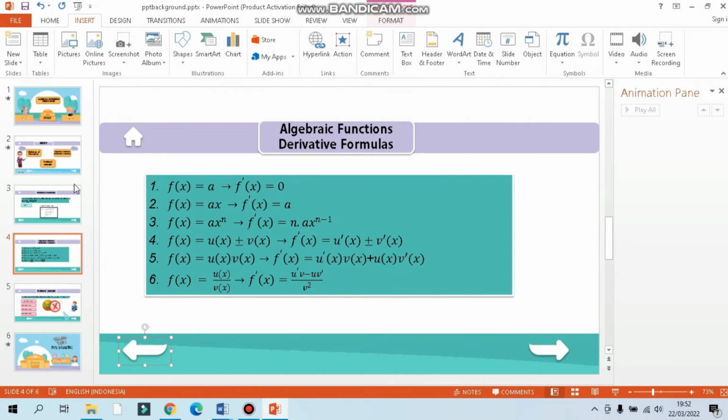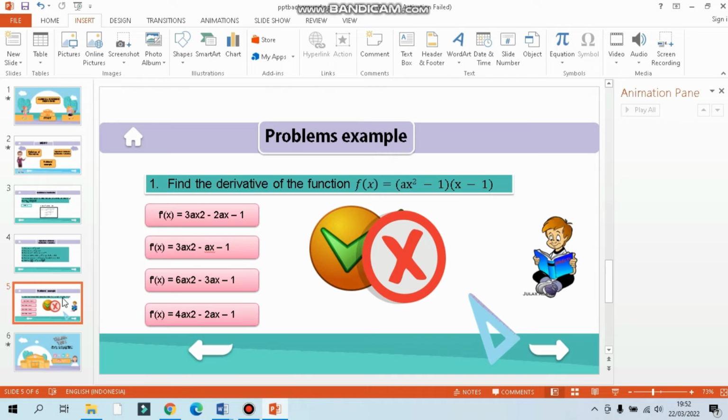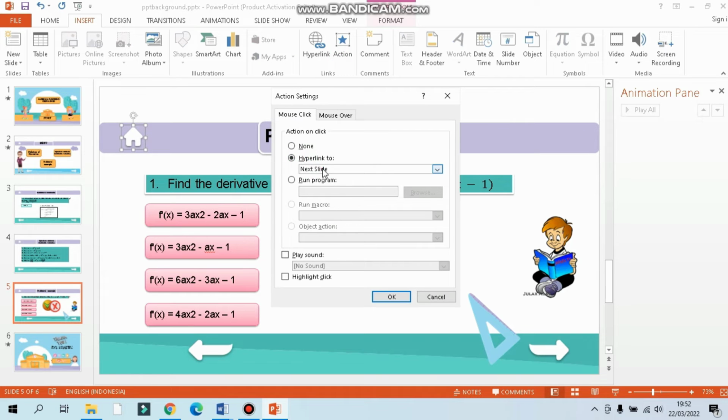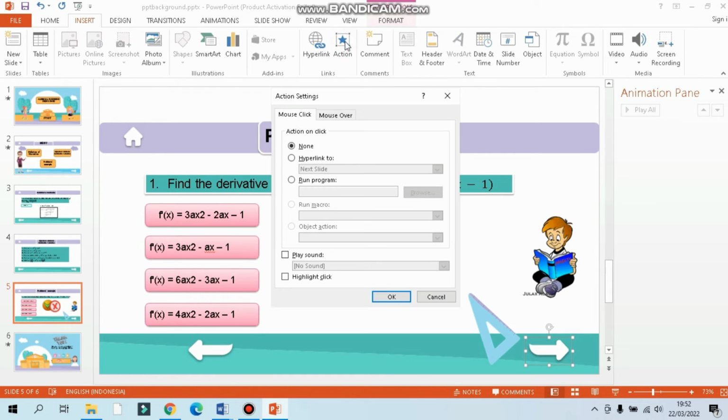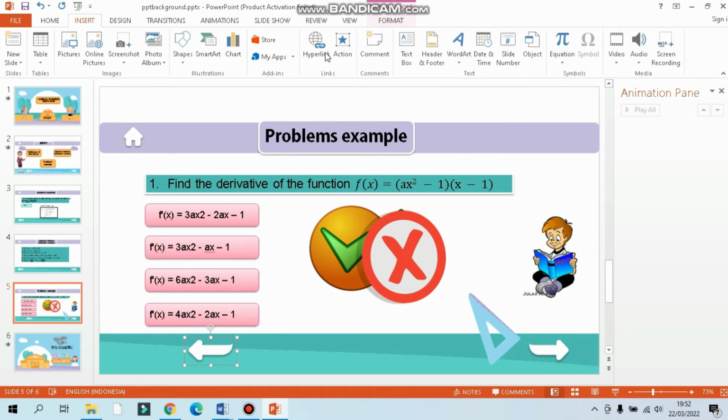Okay, next we get to the problem example. Do similar steps: click action, link to first slide, next slide, and previous slide.